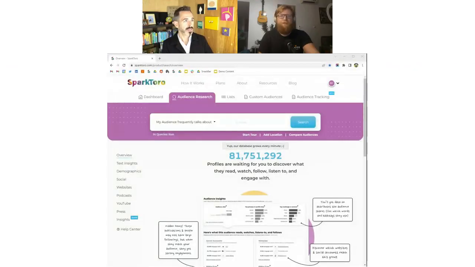And yep, cool. Okay, so like I mentioned, SparkToro is just a giant database of profiles, and it's a relatively simple product. So basically, these 82 million profiles, what we consider a profile is, here's Rand on Twitter, and it points to his LinkedIn. His LinkedIn points to a website. That website points to his Instagram and his Facebook and his Reddit and his YouTube. All of those taken together are all one profile.